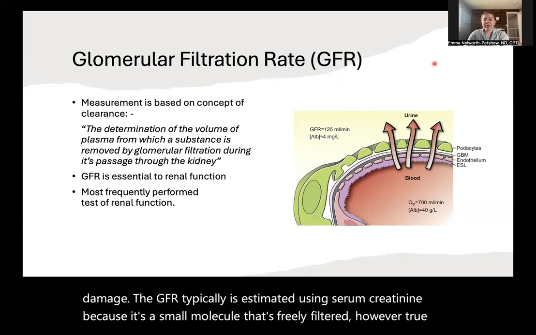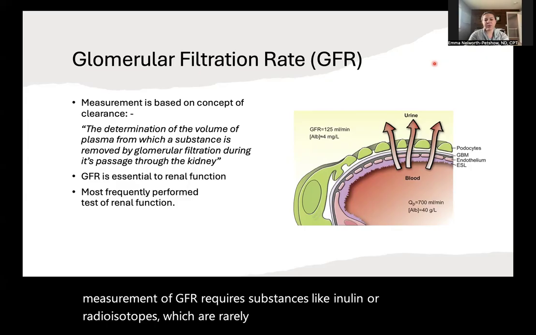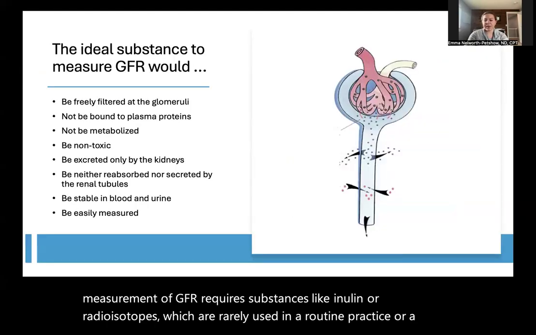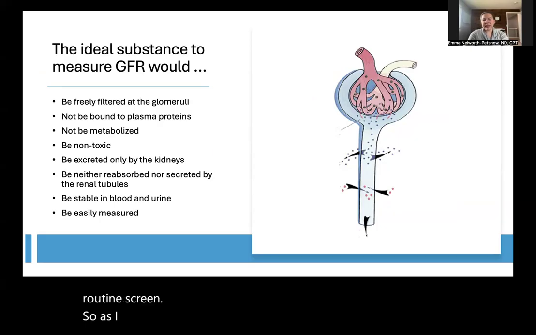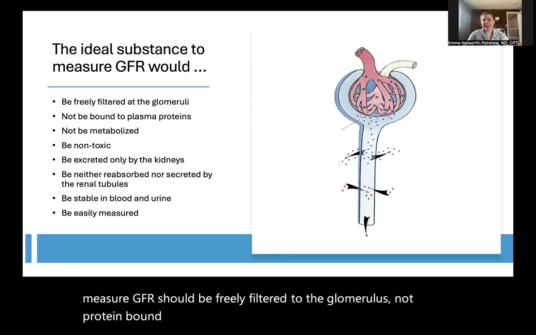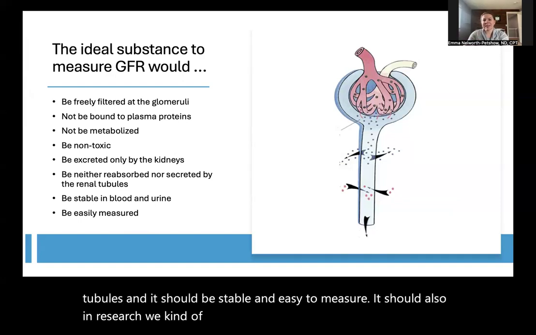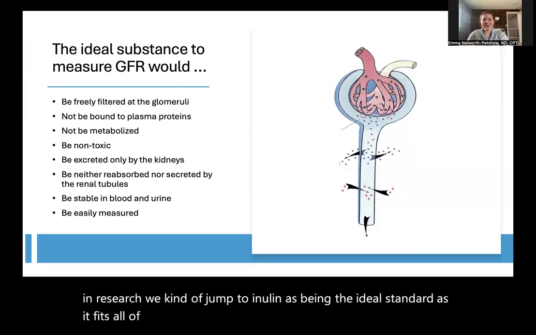However, true measurement of GFR requires substances like inulin or radioisotopes, which are rarely used in routine practice or a routine screen. So, as I mentioned, theoretically, the ideal substance to measure GFR should be freely filtered at the glomerulus, not protein bound, not metabolized, not secreted or reabsorbed by the tubules, and it should be stable and easy to measure. In research, we jump to inulin as being the ideal standard, as it fits all of these criteria best, but it's really not practical